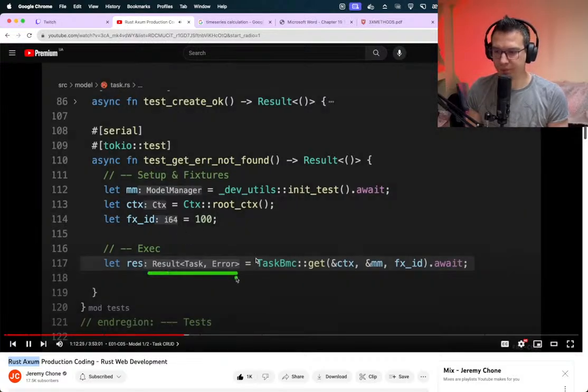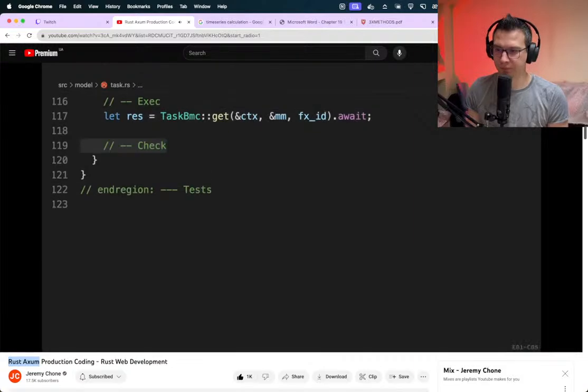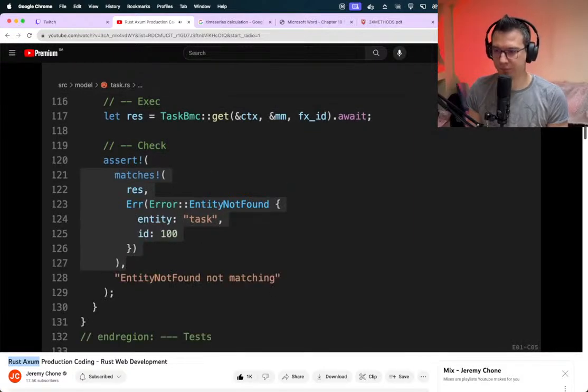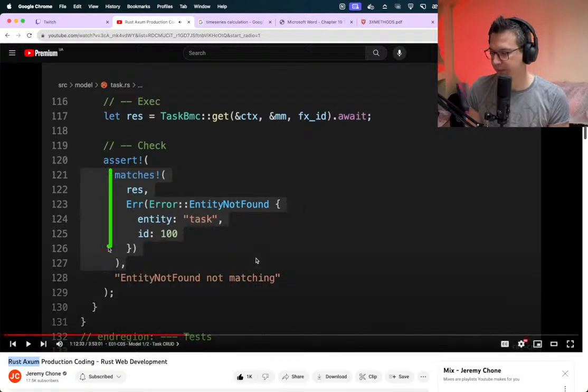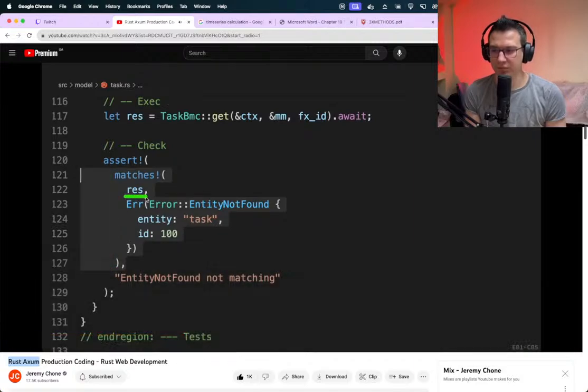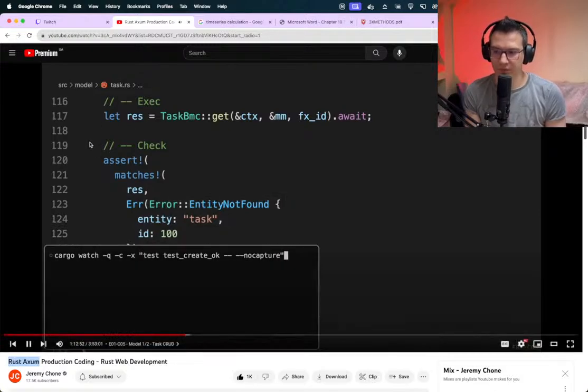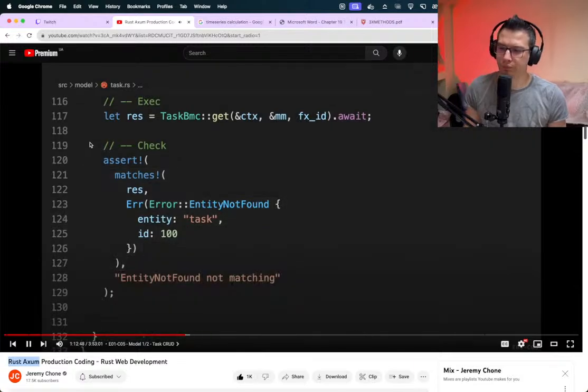Of task or error. So for the check, we're going to use assert, and then we're going to use another macro, which is matches. And matches works by comparing the result that we get from there to that. And so we have our entity and our ID. And by the way, those cannot really be variables, so you have to have the literals there. And now we can do our OK. So if we do our cargo test, and we're going to go now,